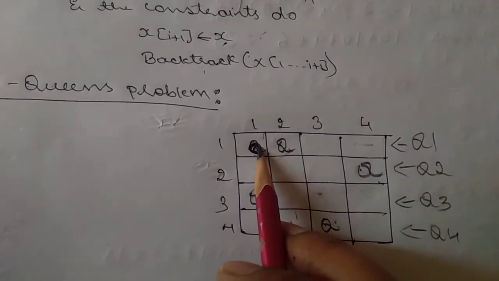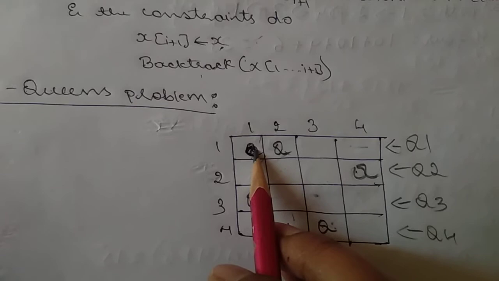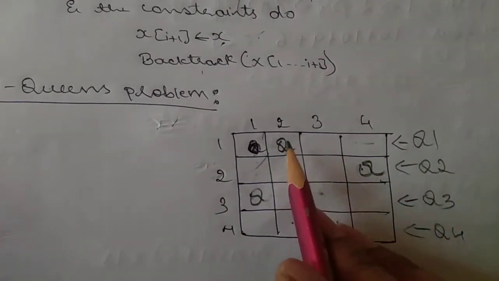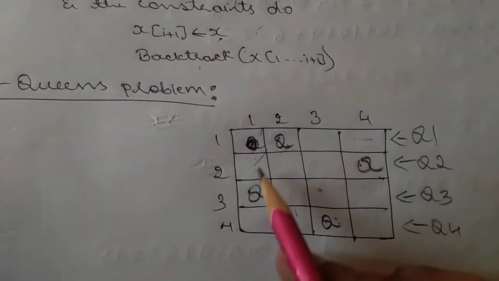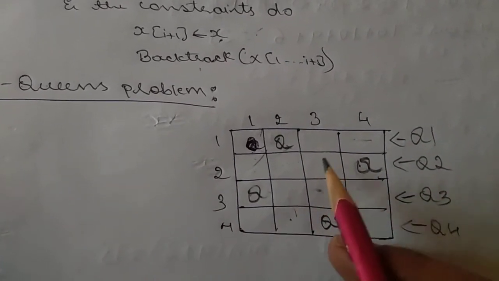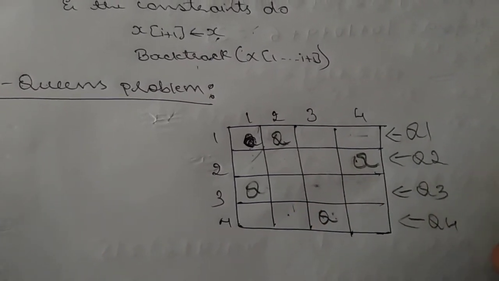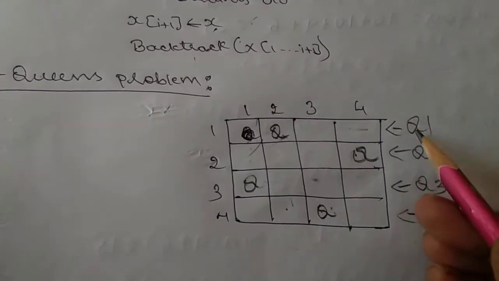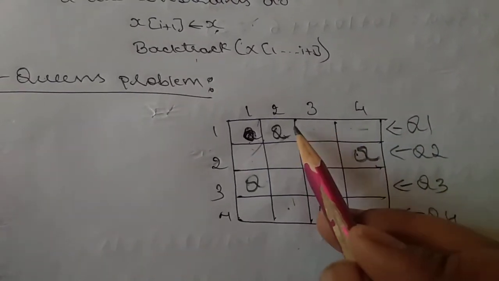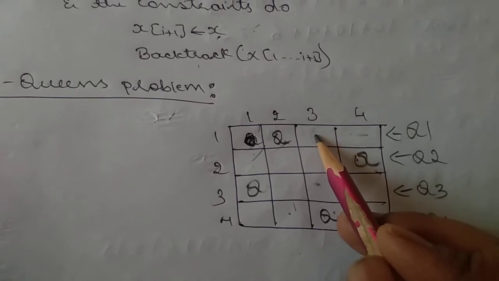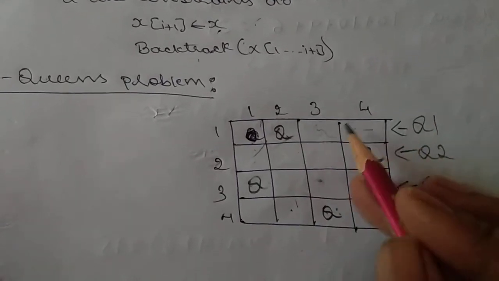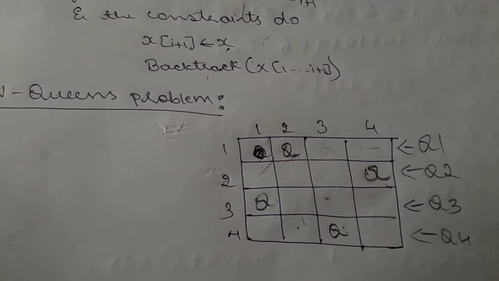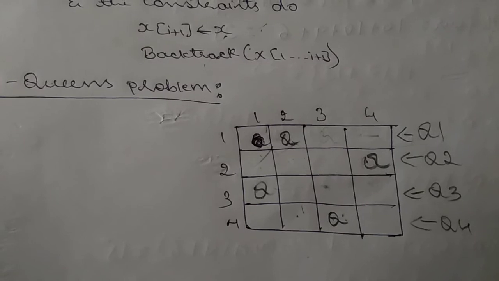If I place in the first place, this will give you a non-promising end, so you have to backtrack. Again you check with the second one. If I place in the second, you can place all the 4 queens inside this one. N is equal to 4 means all the 4 queens should be present inside this one. Then you can stop here, or you can go further for next solutions. You can remove this one and try placing the Q in 3 first, and then 4. All these things you can do. In the problem we'll see this one. This is the basic concept of the backtracking technique.